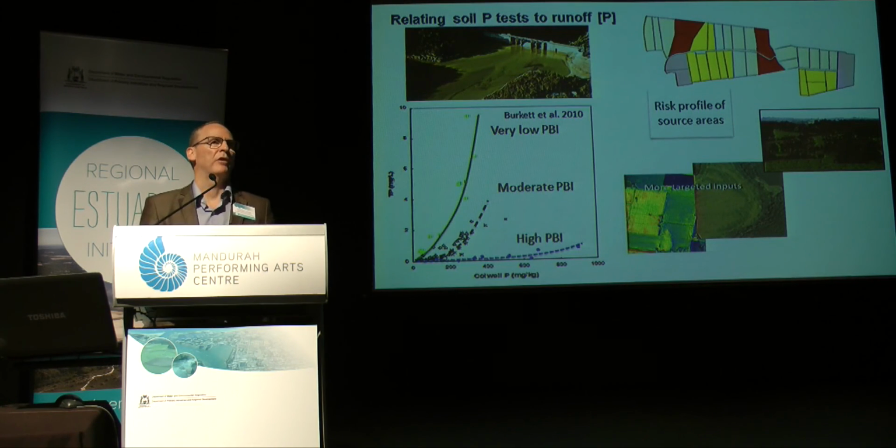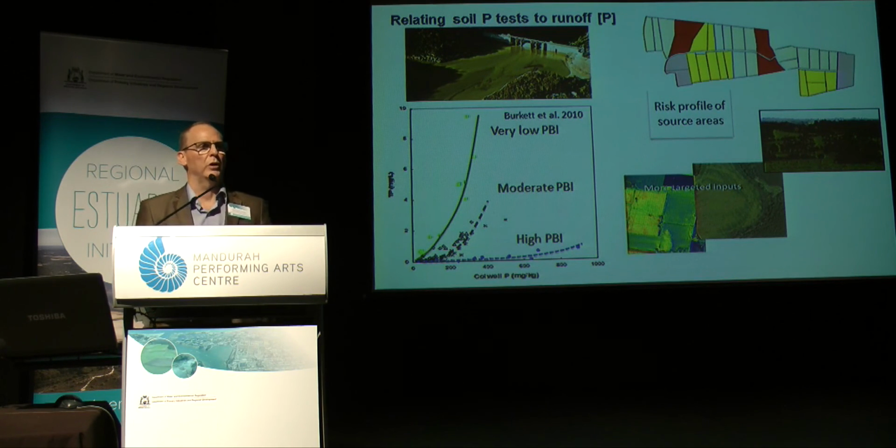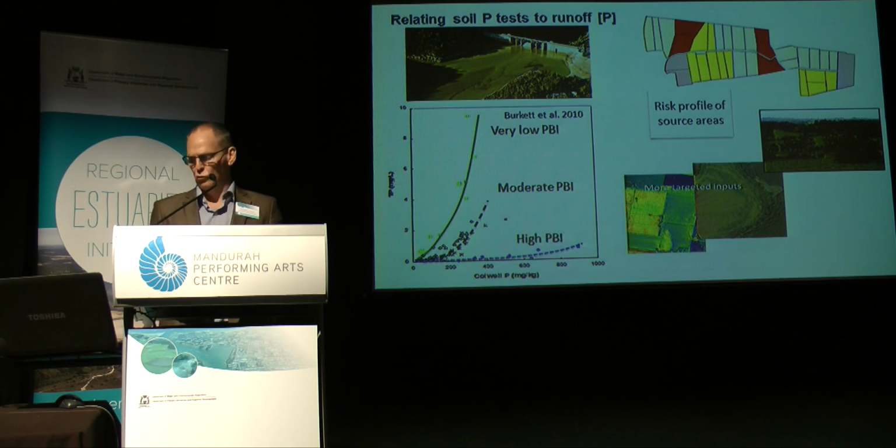Another area that I think we've really made some inroads has been the identification of risk profiles within the catchment or within sections of the landscape. And in this particular example, if you just had a Colwell P soil test, that was the only piece of information you had, you would be very poor at predicting the risk associated with nutrient loss, phosphorus loss from that. But if we link that to things like the retention capability and the transport mechanisms within the catchment, an understanding of management, we can quickly highlight the areas where we need to put special attention to minimise those nutrient losses.